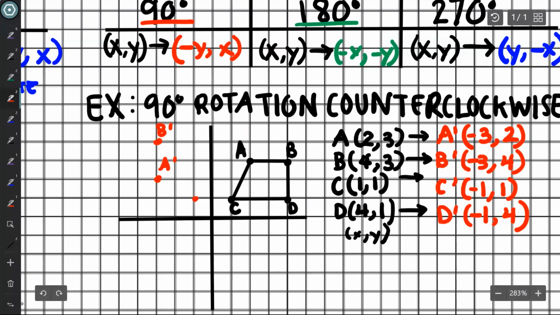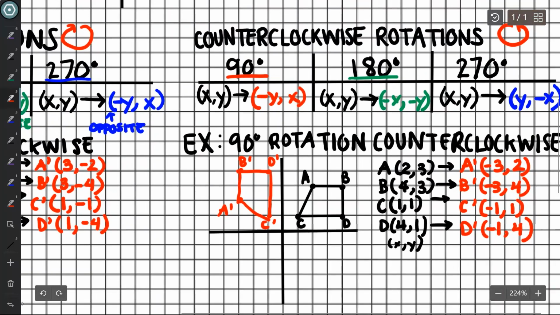-1, 1 is my new C prime. And -1, 4 is my new D prime. Just connect those points, and we have our new image. I wrote the A prime in the wrong spot. Alright, so now if we want to compare the difference,